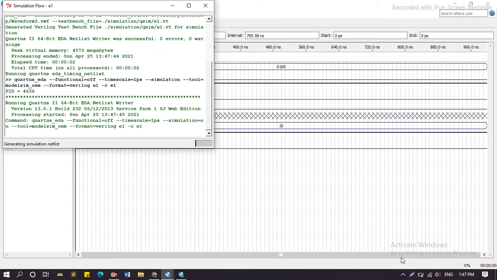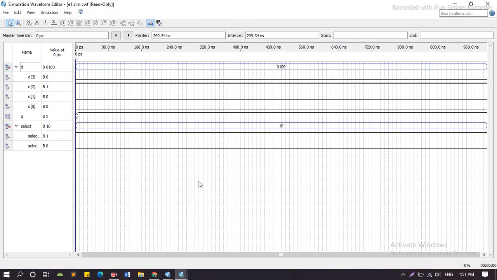Here it shows the output screen. We can see here when the select is equal to 1 0, it shows the D2 on the output screen. Q is equal to output, and D2 is equal to 1 and Q is also equal to 1. So now we study the